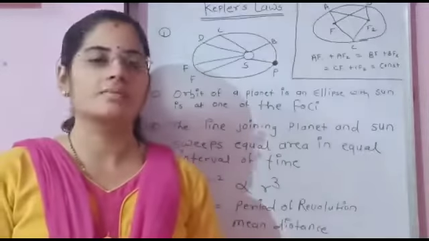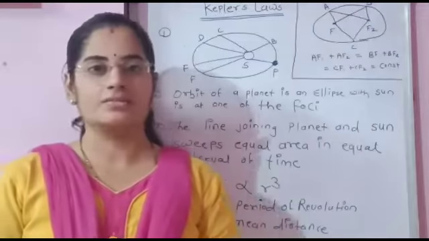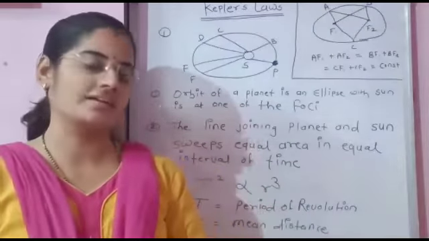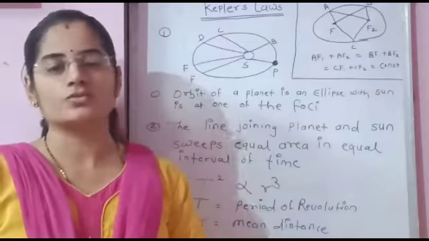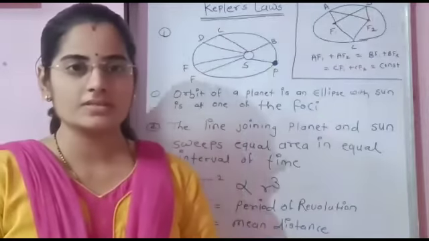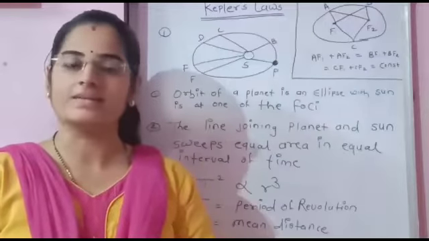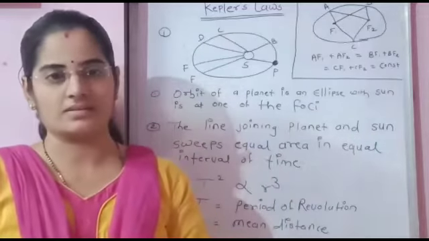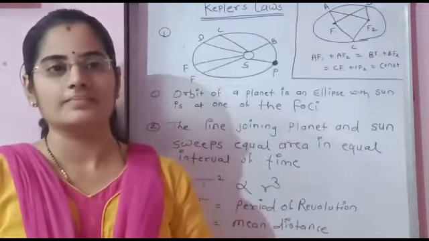In the previous lecture we studied the gravitational force and the centripetal force. The gravitational force is the force with which Earth attracts an object towards itself, and its direction is towards the center of the Earth. Then the next one is the centripetal force. When an object is moving along a circle, a centripetal force acts on that object, and it is also directed towards the center of that circle.